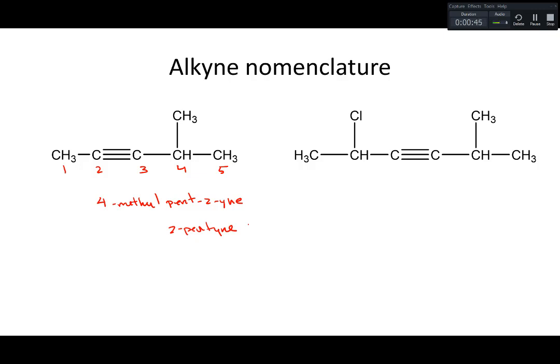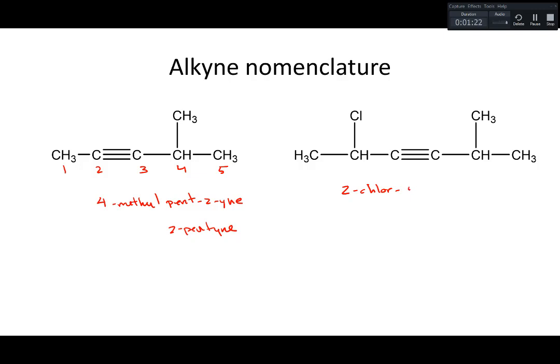The molecule on the right with the halogen in it, you'll notice it can count either way. You get the same number going in either direction. In other words, 1, 2, 3, or starting at this end, 1, 2, 3. So then what you do is you look at these two substituents. They're tied in terms of where they would be. They're both on the 2 spot. So what we end up doing is deciding based on which one alphabetically comes first. So chloro would come first. So that would be 2-chloro,